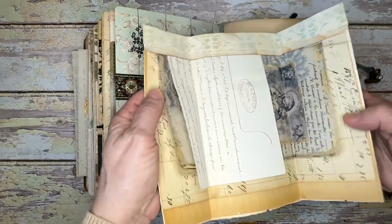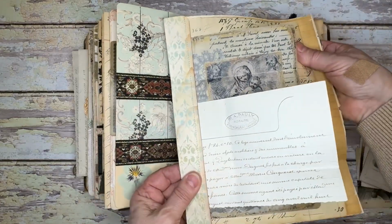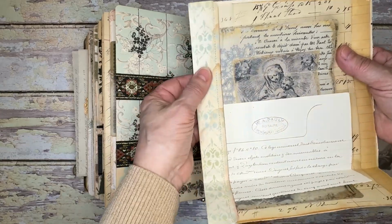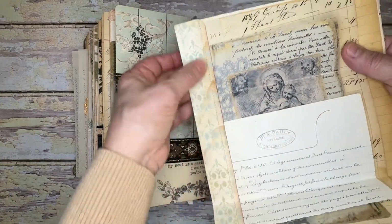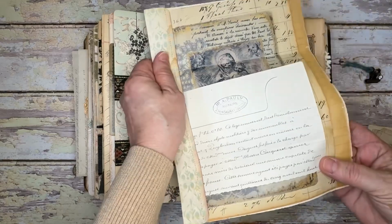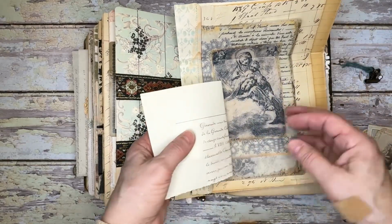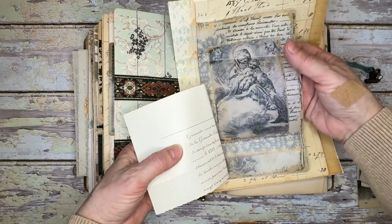This opens up into kind of a document keeper type of piece. So I just folded the paper around, did some stenciling on there, stitched it down, and then in there I put a piece of old French document, this waxed image,